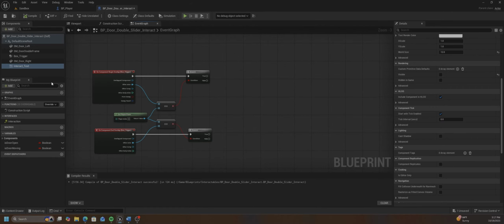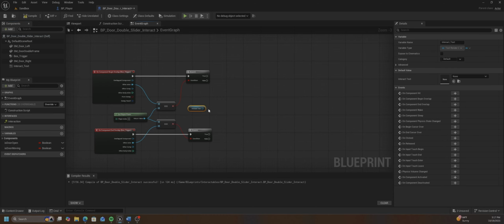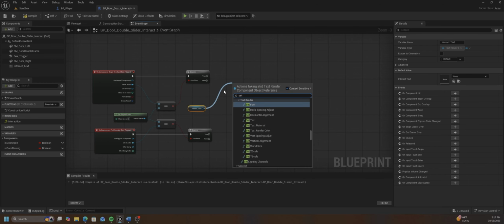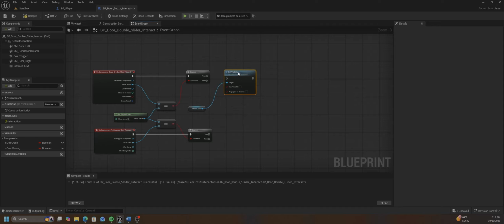Now, we need to make it so that it becomes visible when we overlap and disappears when we leave. So let's grab that interact text and drag it out here. We're going to come off of here and type in set visibility, and we're going to want to set visibility. I'm going to hit Control D while it's still selected and duplicate it so that we can do the